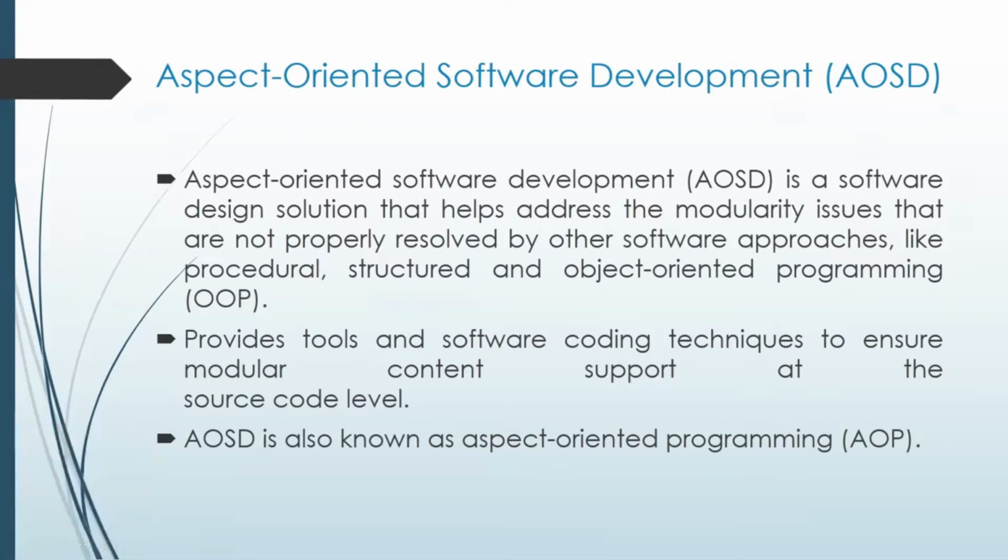That means it only helps in addressing the problem, whatever issues that did not arise when the software was developed. We know the steps: we have to design it, implement it, and test it, right? In those steps the issue is not found, but it is found after the software process. So it will help to address the issue, like procedural, structural, or OOPS problems. These kinds of problems can be identified by using aspect-oriented software development.